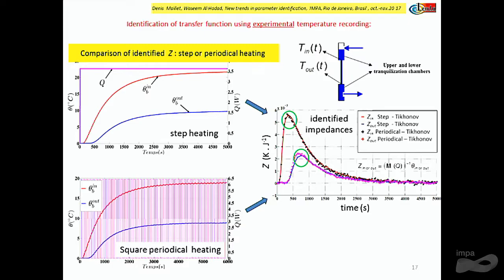Why is there a small difference? Because we noticed that in one of these experiments there was some air present here. So the system has changed between the two experiments. So if the transfer function changes, it can be used as a non-destructive testing of a variation of something in the system. Otherwise, they should be the same, because what is the interest of a transfer function? They are independent of the excitation that gives birth to the response.